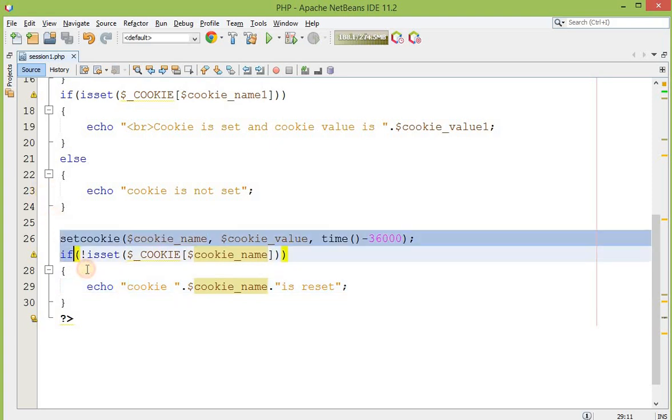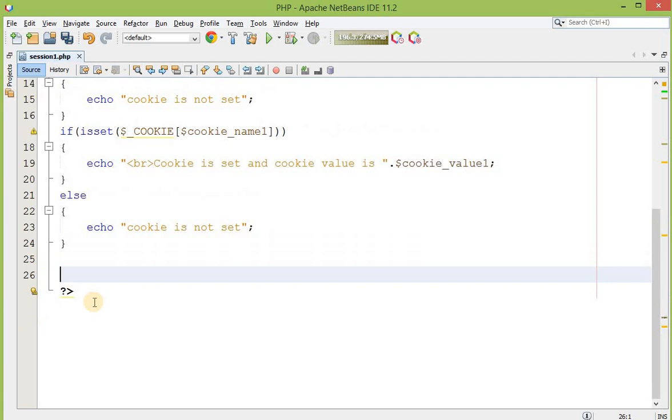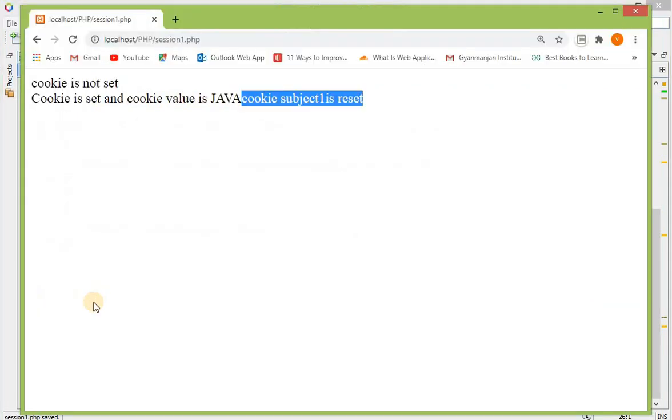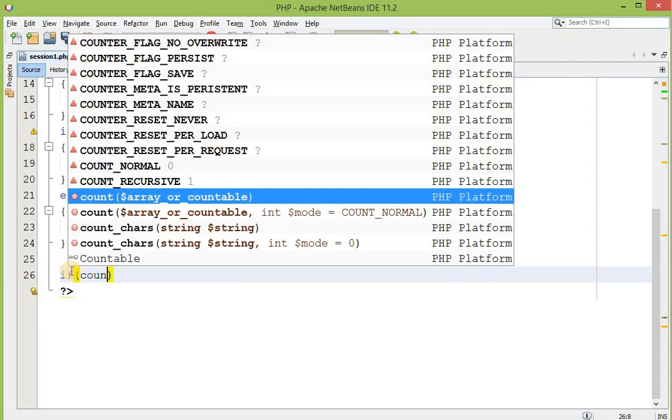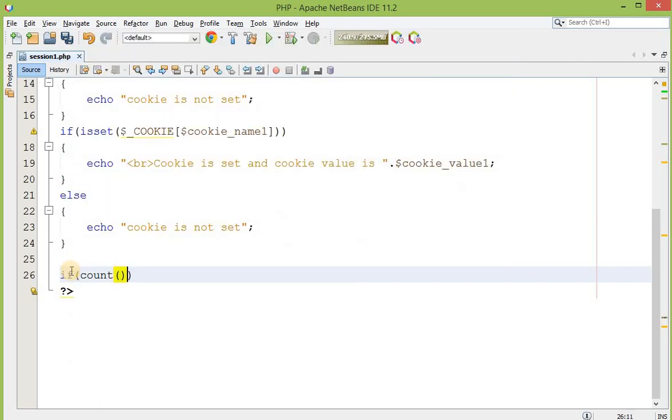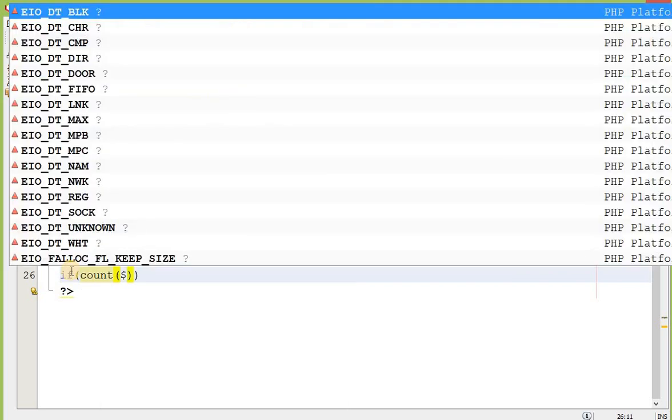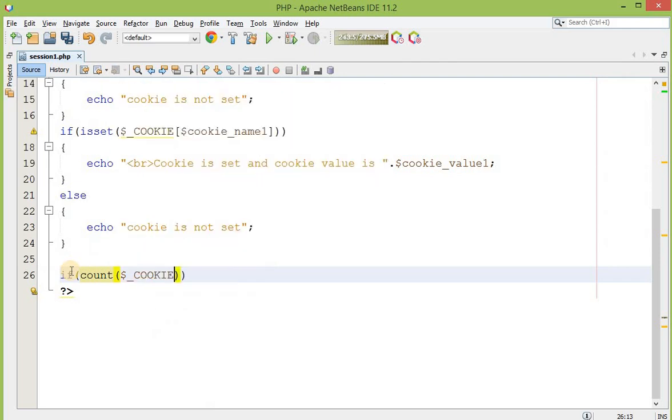Now let me put it as it is. There is one function, count. What do you want to count? I want to count the cookie.